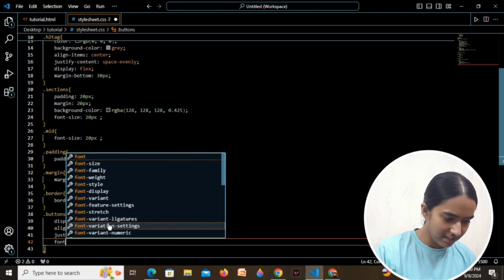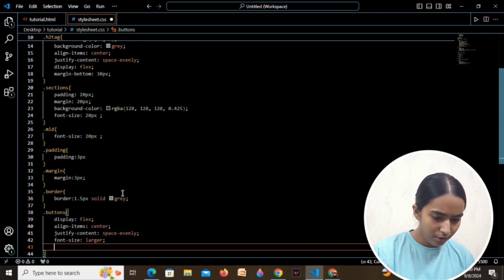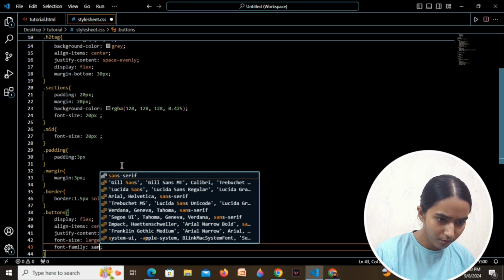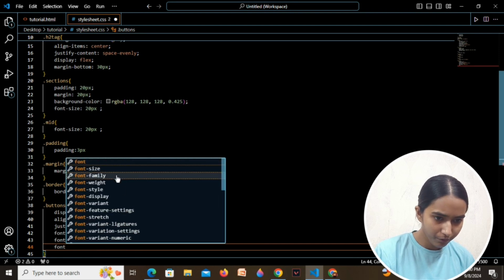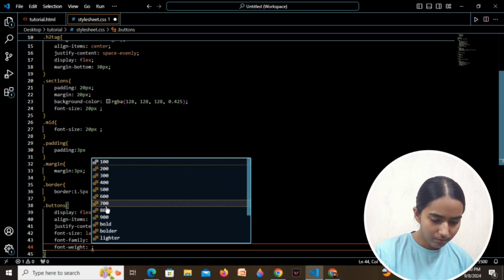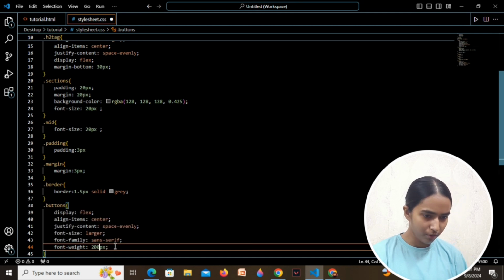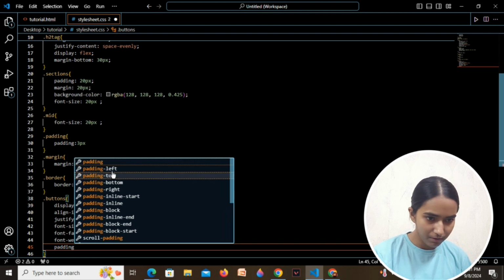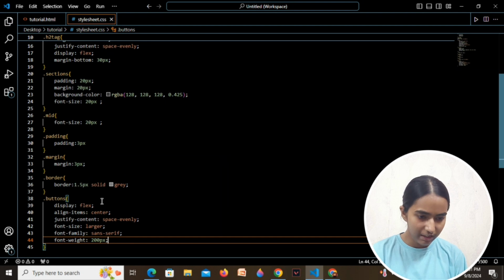Similarly, I will increase the font size as well, larger, then font-family sans-serif. I'm also going to increase the font weight to make it a little bold. I think let's see, 2 pixels at this point. Then later on we'll see if we need to. First, let's give it 200 only. Later on we'll see. After that, I will add some padding in between the buttons. No, but I don't think we're going to add it in the buttons itself. Let's save it and run it.